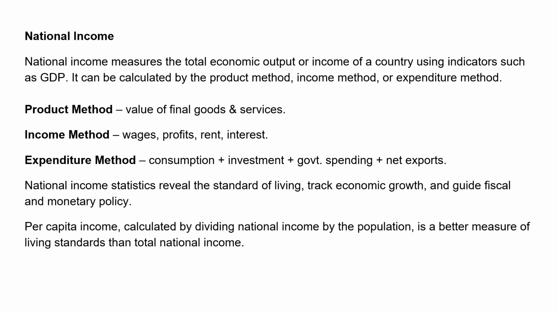Okay, so we have another measure called per capita income. Per capita income is easy to calculate. What you have to do is divide the national income by the population, and that will give you per capita income, which is by far the best measure to find out the living standards of a country than total national income. So whenever you see any debate with the current government, whenever somebody is saying that, oh, we have reached the fourth highest GDP in the entire world, it doesn't mean anything if your population is so big. Okay, if your population is less, then yes, it would mean something.